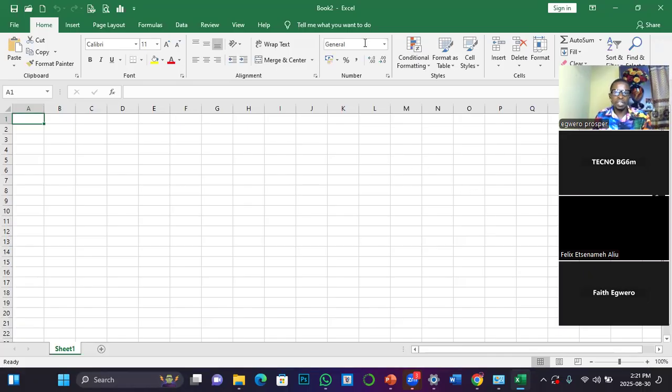Microsoft Excel window. Now, the term window, we need to understand some of these terms. Some of us fail interviews because we are not conversant with computer terminologies. When you are in a computer environment and somebody uses the word window, what does that mean? The word window means the portion of the application you are seeing on the screen.